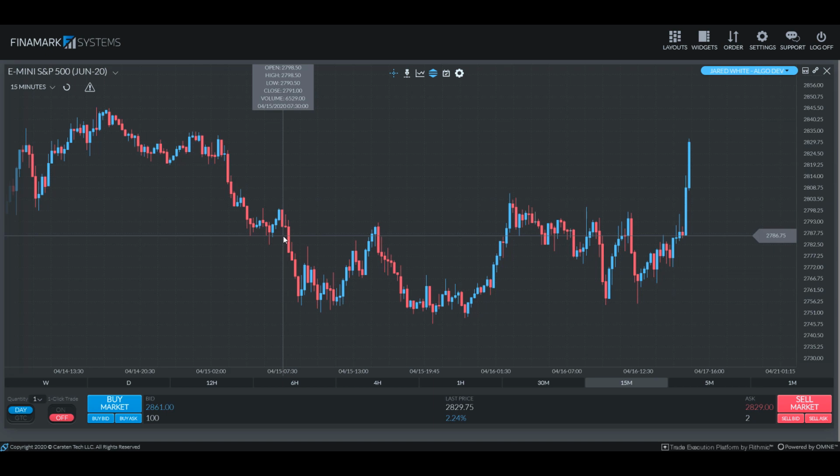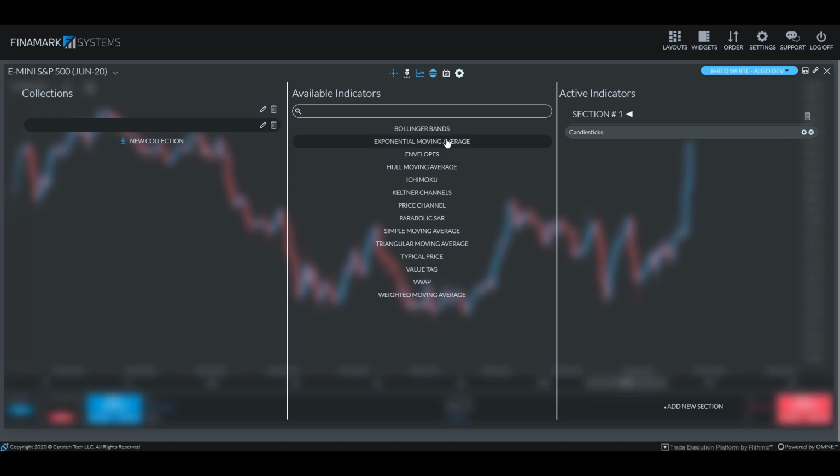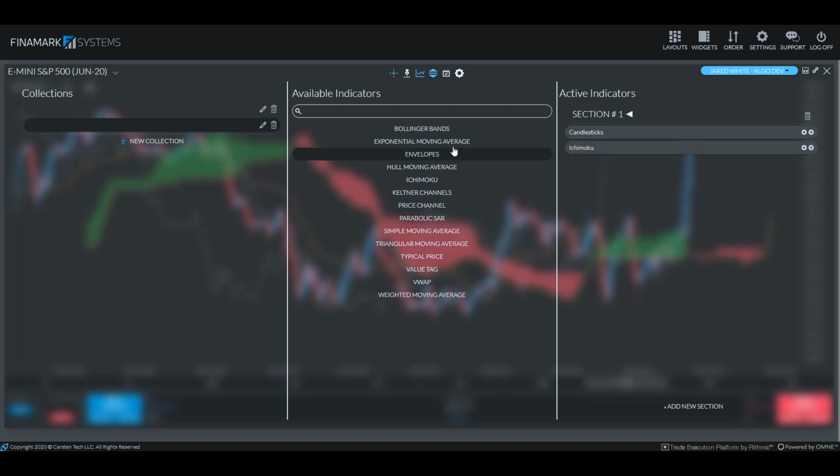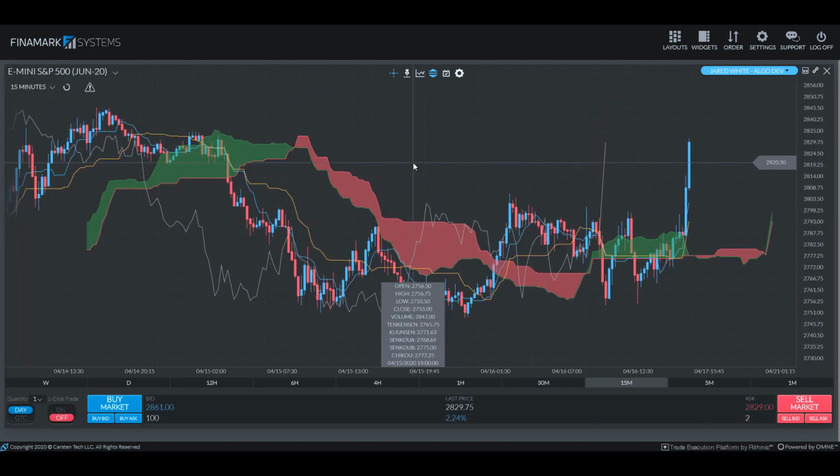So here we're taking a look at a 15-minute chart of the E-mini S&P 500 on the Finamark platform, which all of you, I'm sure, are familiar with at this point. Now, to add the Ichimoku Kinko Hyo, all we're going to do is come up here to the Indicator Options button and give that a click. Because the Ichimoku Kinko Hyo in nature overlays price, it's going to be displayed right here. We don't need to add any other sections. All we need to do is scroll down and see this Ichimoku button right here. We're going to click that once, and automatically you're going to see it in the background there. And I'm going to go ahead and click Hide Indicators to return us to the chart.